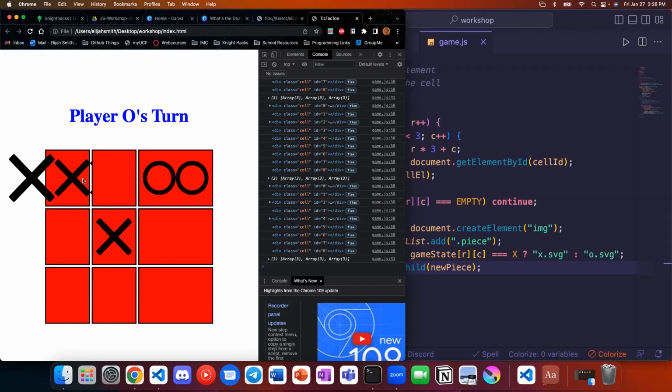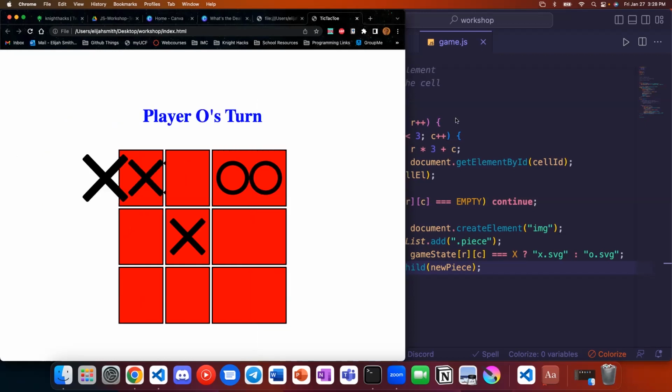So there's two things we could do here. We could check if there's already a piece child in there, and if so, not create our new element and append it. This would be the smarter way of doing things probably, but because we only have like 9 total pieces, we can do things a little bit inefficiently, time-wise, just because it doesn't matter. It's so small that it doesn't really change anything. So this was what I was saying earlier about how we should take out the old pieces when we repaint and then put in a new one every time. So whatever pieces are in there, we'll take them out and then we'll append whatever's supposed to be in there.